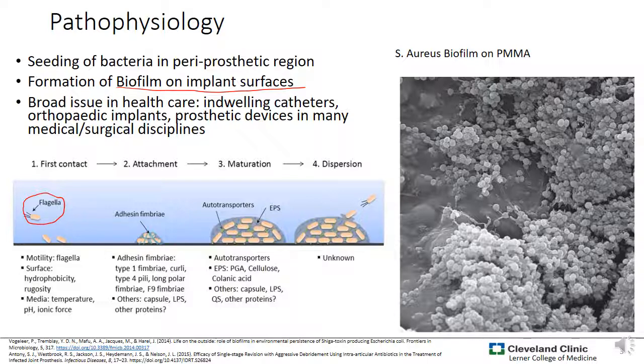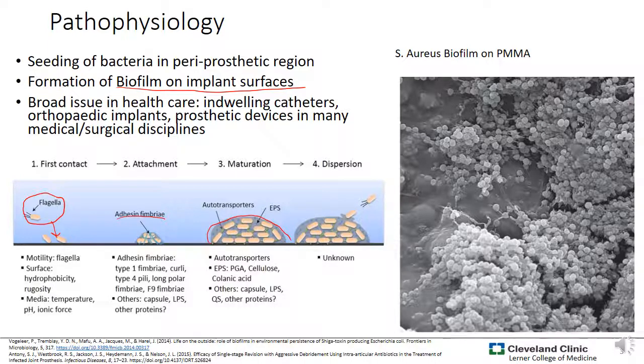It comes down and adheres to the surface, be that polymethyl methacrylate cement, or the metal components, or the plastic components of the implant. It uses adhesin fimbriae to start to form a sheet in which they adhere to each other. And then eventually, as the biofilm matures, you get this